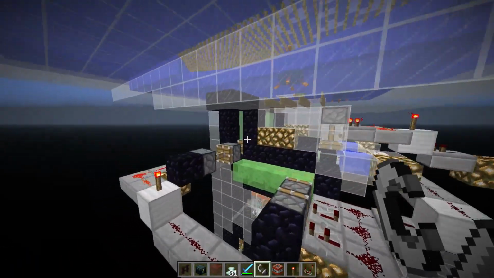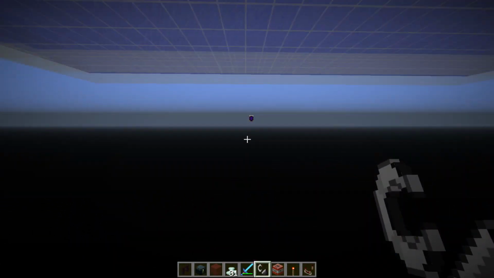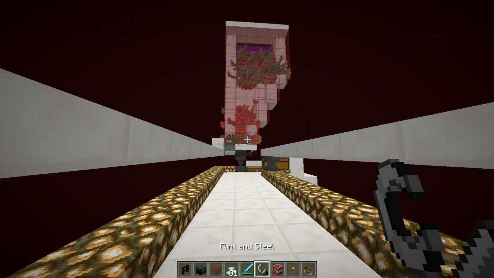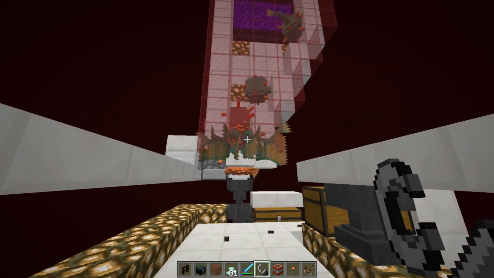So let's look at the other mode. Before we activate this, you'll notice there's a big portal there, and if we come across here, I've created a portal that's a significant distance away in the overworld. If we pop through into the nether, which has also been cleared out. Wow, I must have pushed the button previously. So this is